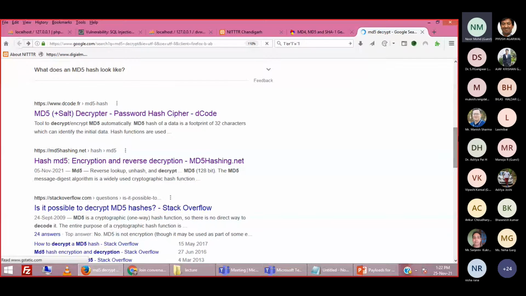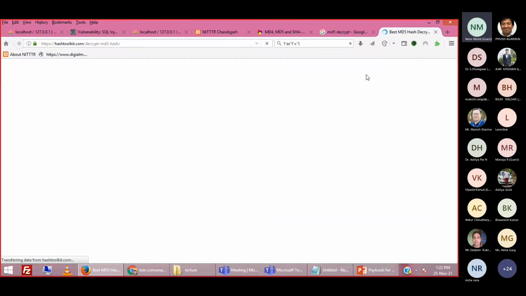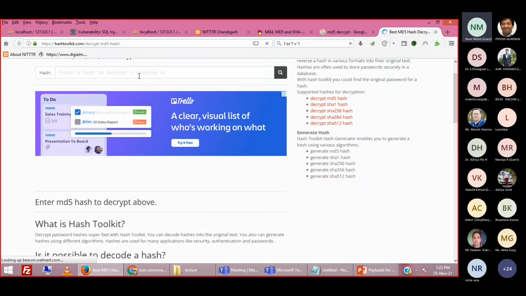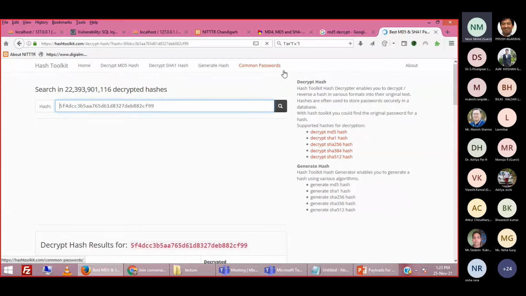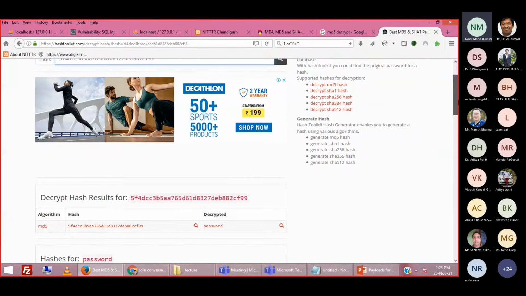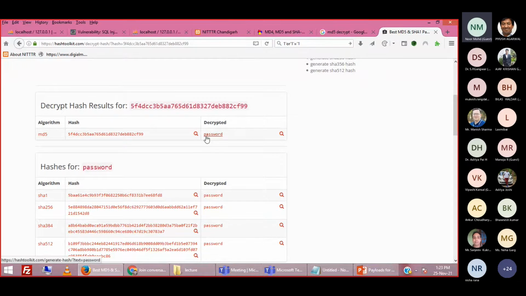Still not a good website. You can see here it has successfully decrypted the message, and the plain text for this particular hash is password.